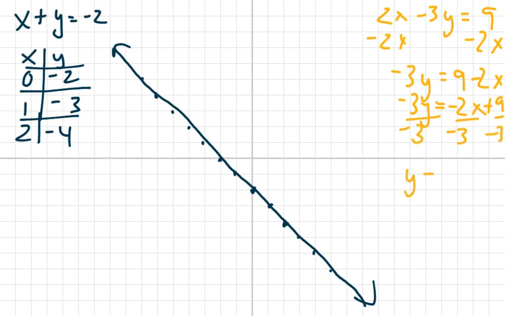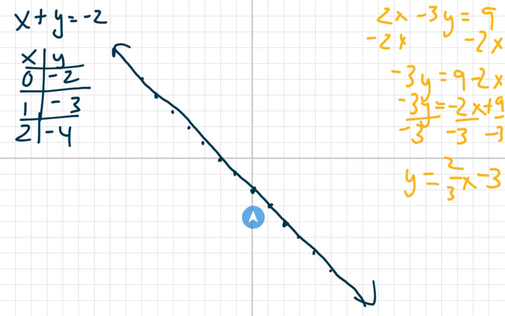And we get y is equal to, now, just like as a review, we want to be careful here. A negative divided by a negative is going to give you a positive. And then positive 9 divided by negative 3 is negative 3. And so this line has a y-intercept at